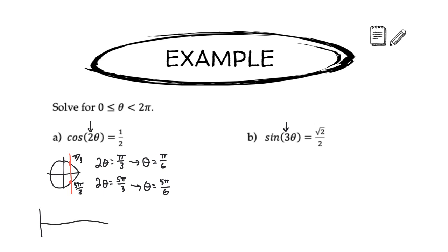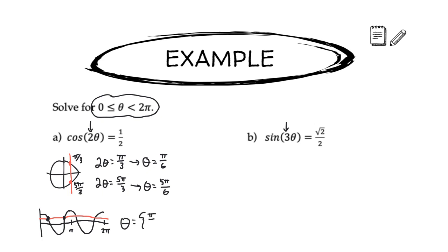So if you picture the graph of cosine 2 theta on the requested interval, of course, cosine will complete one cycle in pi radians because it has a frequency of 2, and then it'll complete a second cycle by the end of 2 pi radians. And thus we can see when I draw a horizontal line at x equals 1/2 that there's 4 solutions on this interval, and I've only found 2 of them. The 2 that I found are within the first cycle,